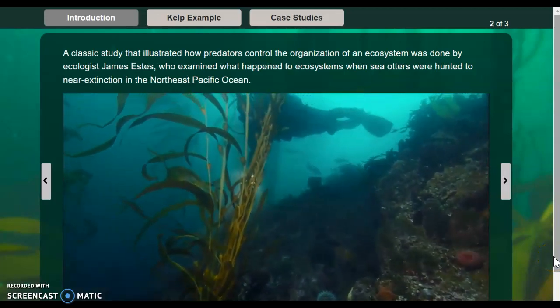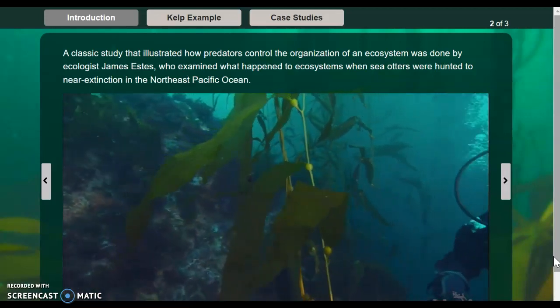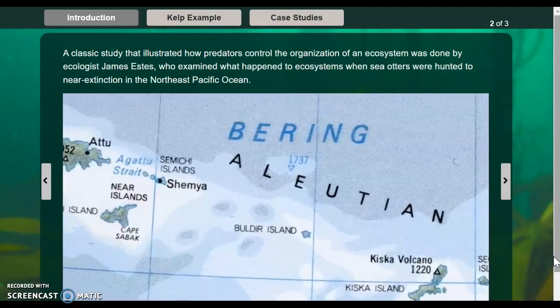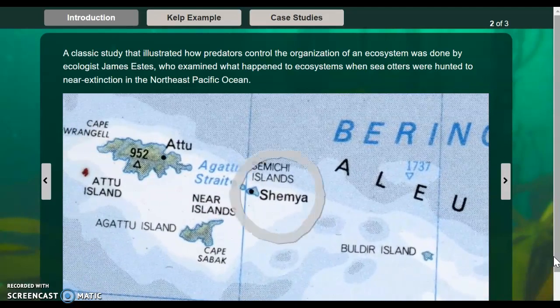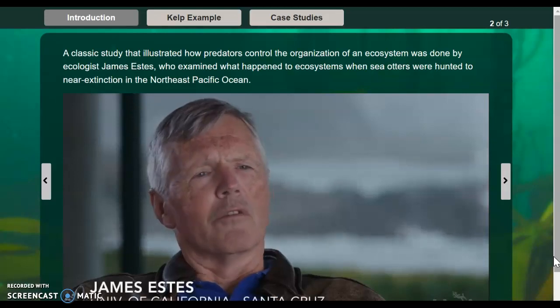Knew the sea urchins were common but very small. With no otters. The most dramatic